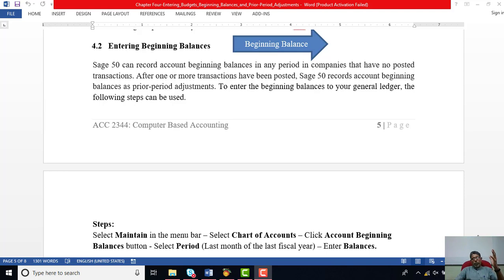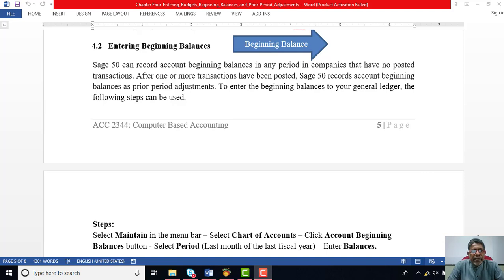That is the importance of entering the beginning balances as at the last date of the last financial year. So remember this very carefully: make sure that your beginning balances are entered on the last date of the last financial year, depending on the financial year you are going to work with for your particular company.